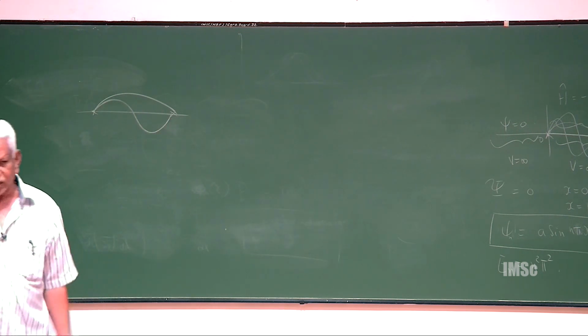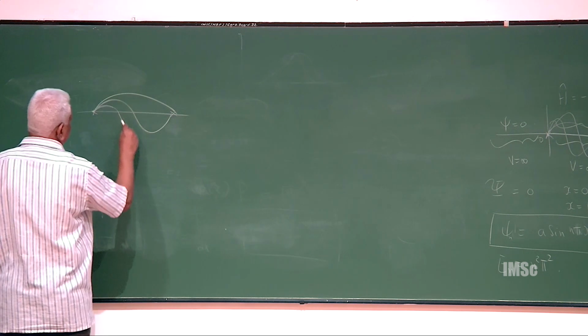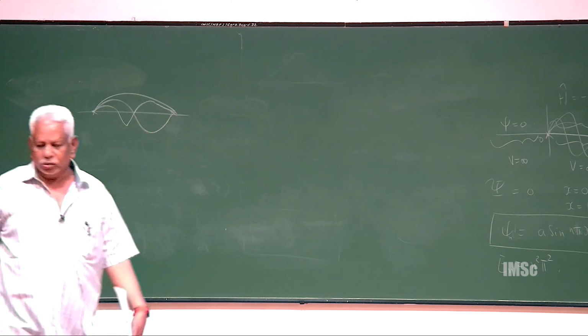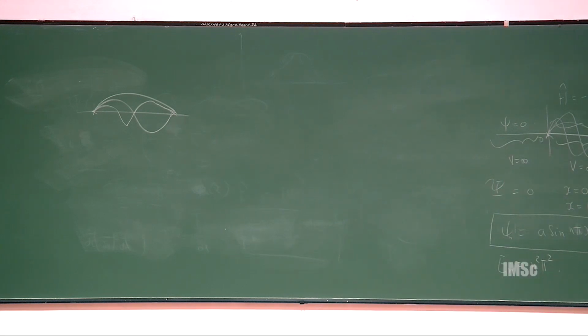For n is equal to 3, it will be like this. So, you can have different solutions, which are what you all know